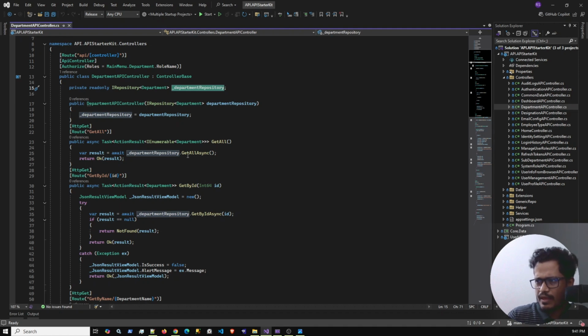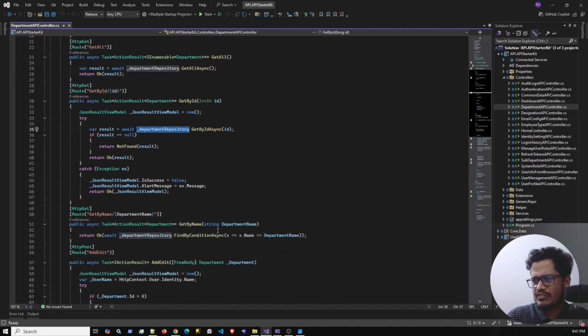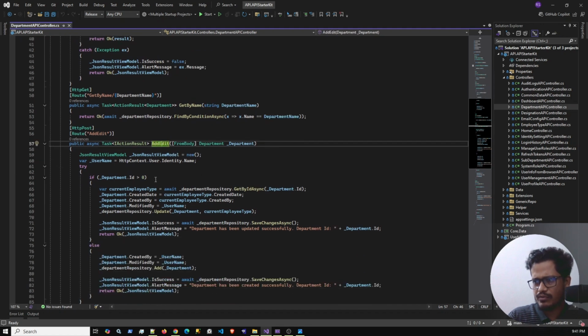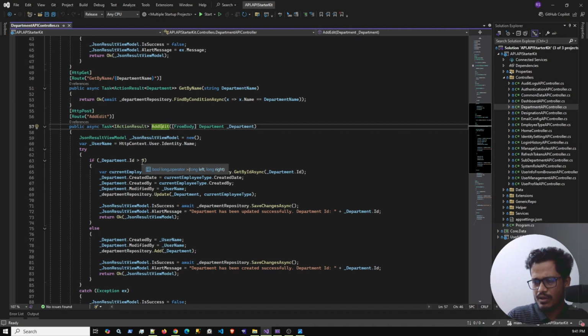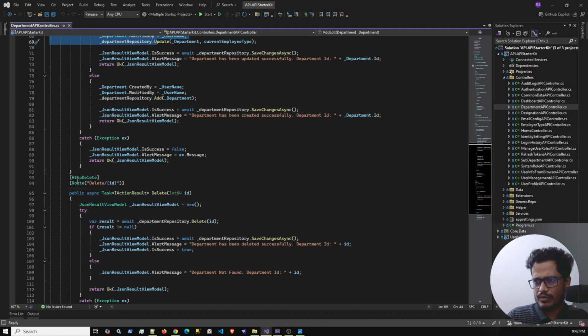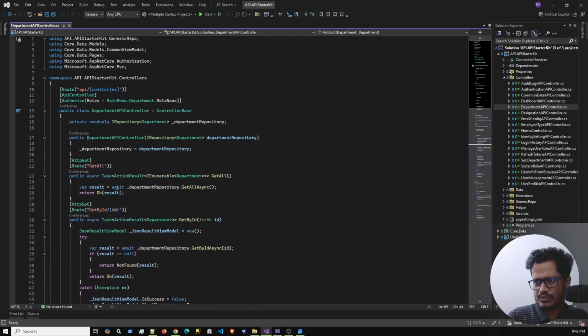The first one is get all async, the second one is get by id using the department repository, and the third one is get by passing the parameter department name, and then the add/edit operation. If it is an add operation, it will consider the id to be less than 1, which will be 0. For the new operation and the edit operation, the id is greater than 0, and finally there is the delete operation. You have to make sure to configure the route, get all. So you will request API slash controller name, department API slash get all,